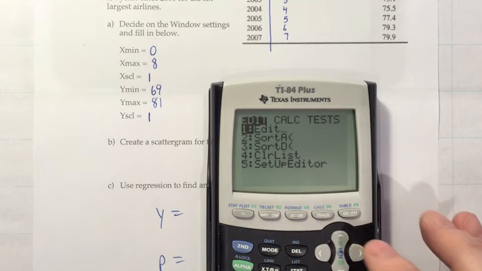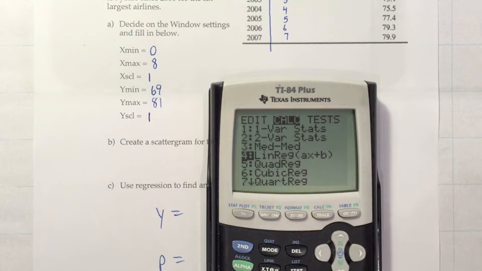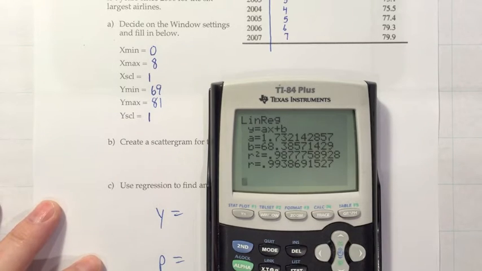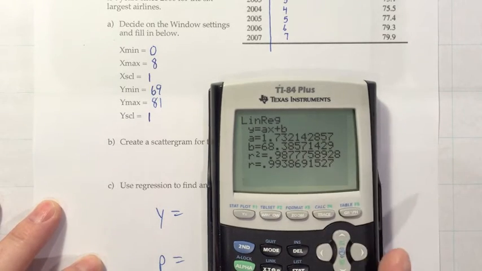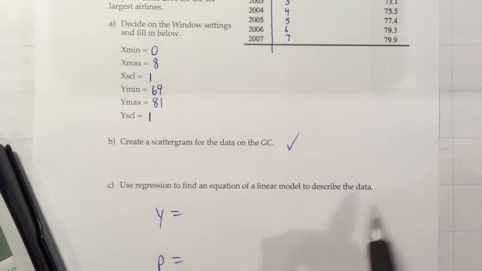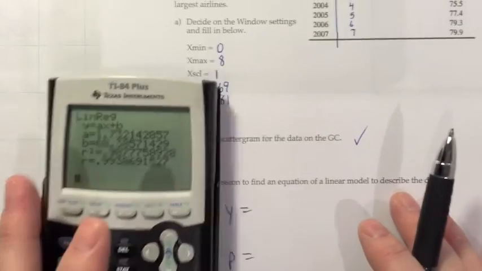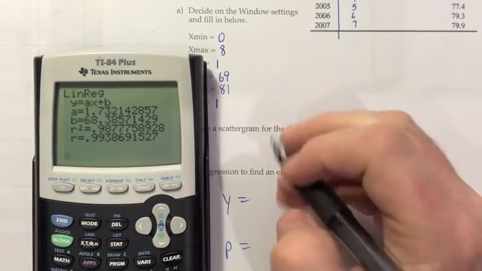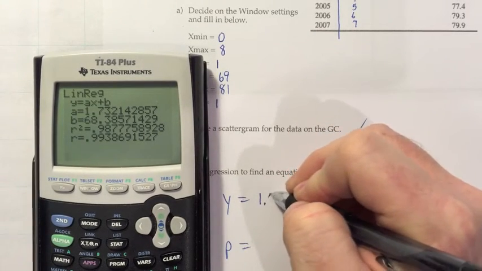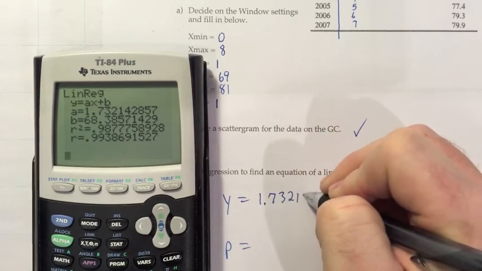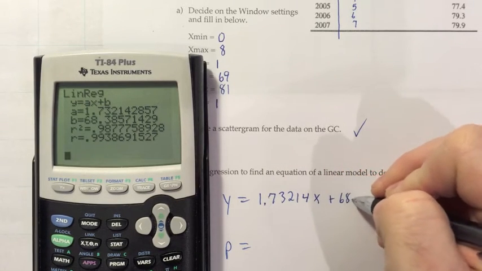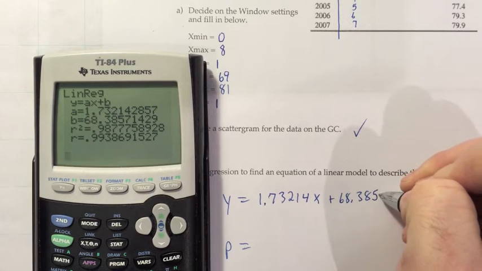We just need to press the buttons and see our equation. So stat, calc, linear regression. Our data is in L1, comma, L2. I press enter and I get the equation in terms of y and x. I'm just looking here for rounding information. It didn't give us any, so we'll just put a lot of decimals on there. So let's see, y equals 1.73214 times x plus 68.3857